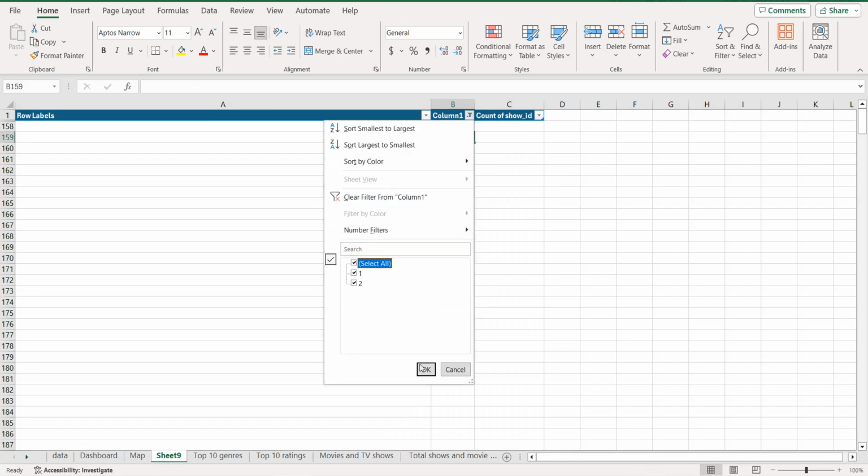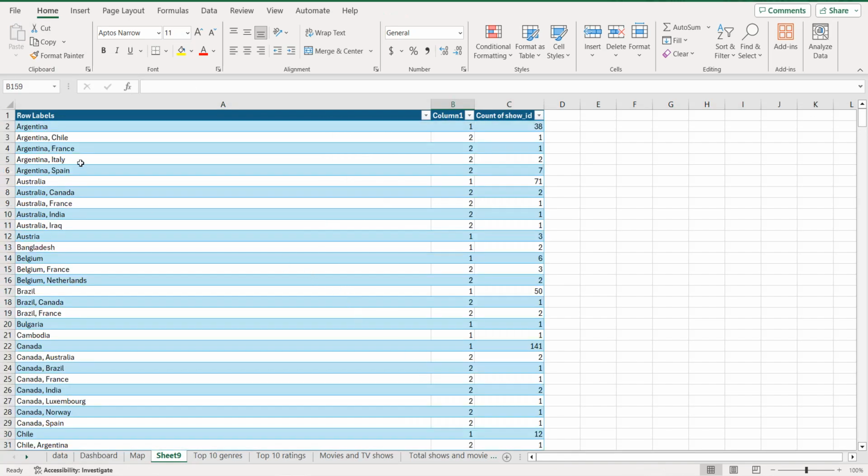Next we select 1 and 2, okay. Now as you can see, there are countries that have 2 words, for example United States or United Kingdom, and here we still have rows that have 2 names but with a comma in the middle. So what we are going to do is also eliminate all the rows that have a comma. Alright, so do the same thing,